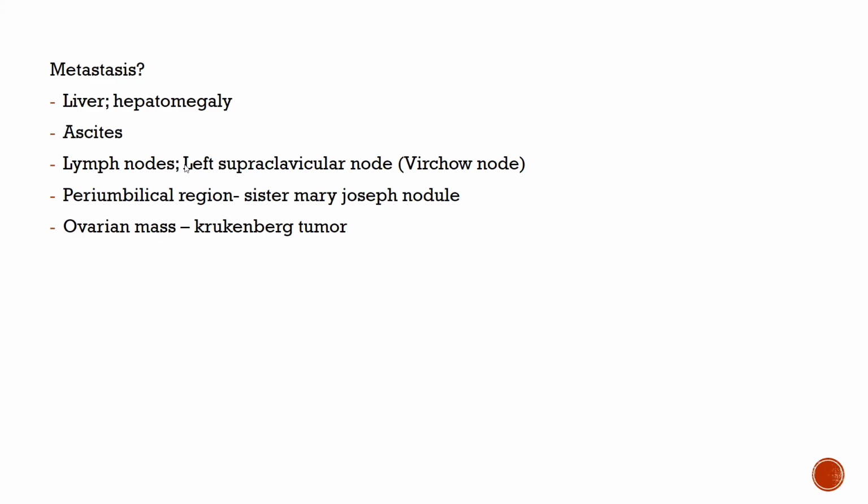Okay, going to the lymph nodes. Literally this presents as left clavicular node. The left supraclavicular node will be enlarged. I don't know how to pronounce that one. In the periumbilical region, you'll find something called Sister Mary Joseph nodule. Now this one is associated with the intestinal type. The ovarian masses,